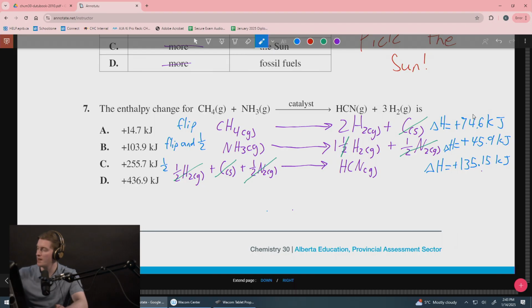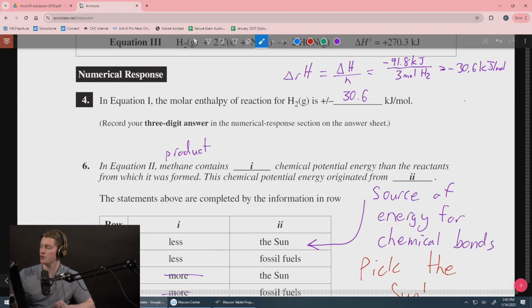So to get my total enthalpy change, I just need to add up my 3 enthalpy changes. So 74.6 kilojoules plus 45.9 kilojoules plus 135.15 kilojoules. I will end up with an overall enthalpy change of positive 255.7 kilojoules. It's a lot of work for this one question, especially compared to this numerical response where